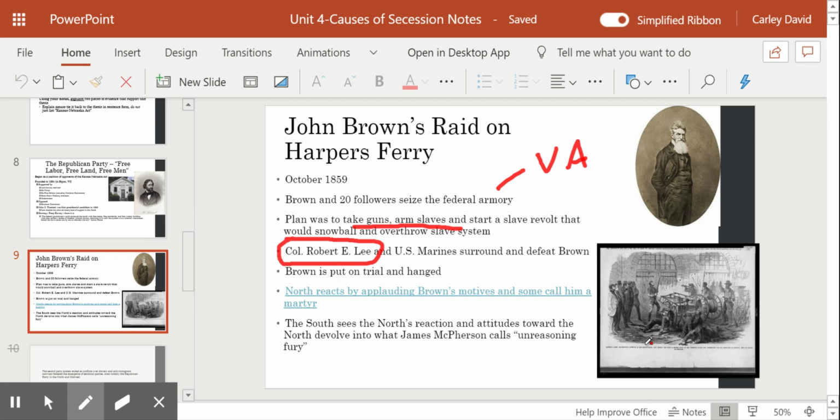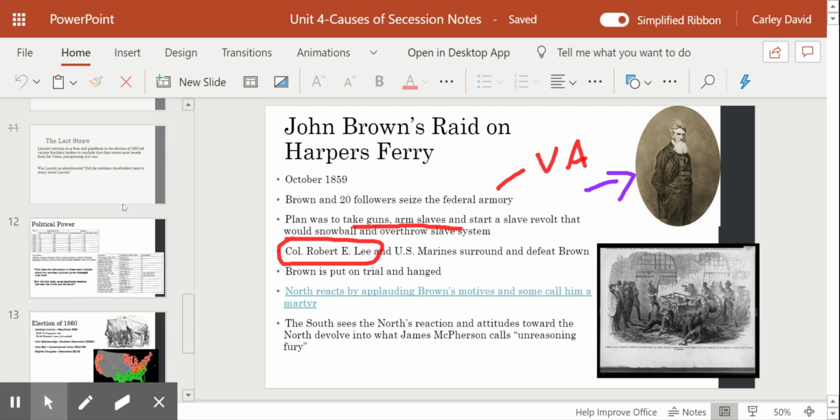And the North is excited. They say that he's a martyr and that he died for a good cause and he represents like the ideology of the North, and the South sees him as a terrorist, and they get really upset with the North's reaction, like, how can you support this, or how are you not just super upset by how terrible a thing this is, and now they start to distrust the Union even more. So not only do they feel like people are coming after slavery conceptually, but now they also feel like they have to be worried about violence coming from the North as well, which upsets them a lot. So that's going to lead to further escalation of tension between the North and the South.